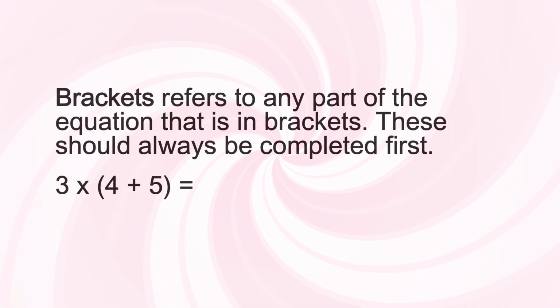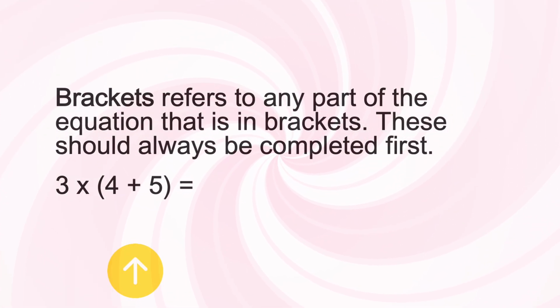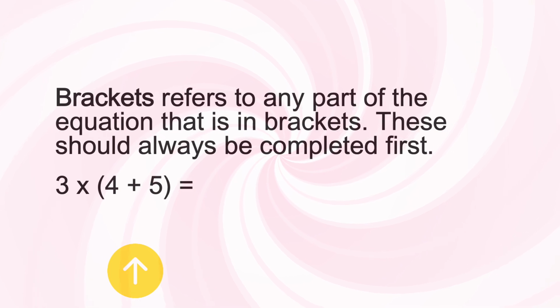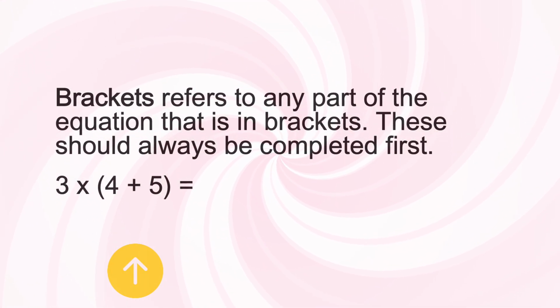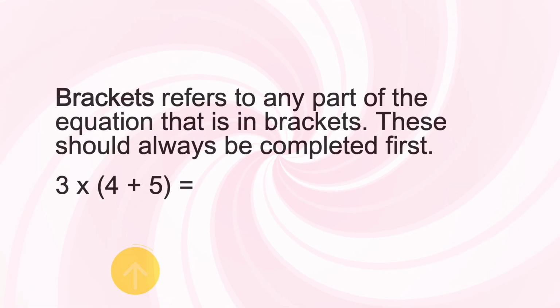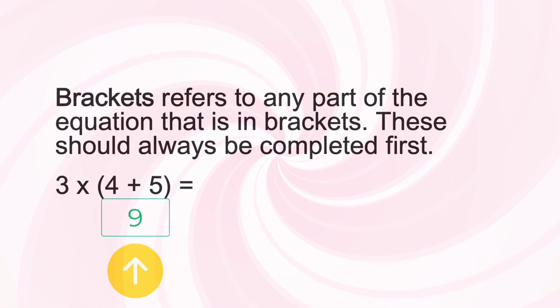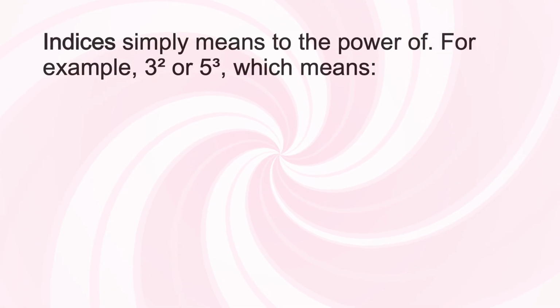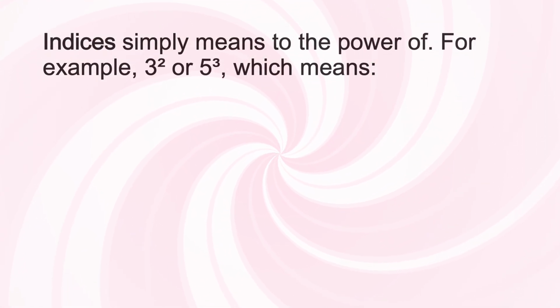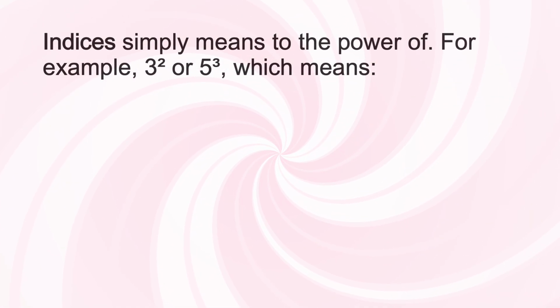Brackets refer to any part of the equation that is in brackets. These should always be completed first. For example, 3 times (4 plus 5) equals: we would do the 4 plus 5 to get 9 first, and then multiply 3 by 9. Indices simply means the power of, for example, 3 to the power of 2 or 5